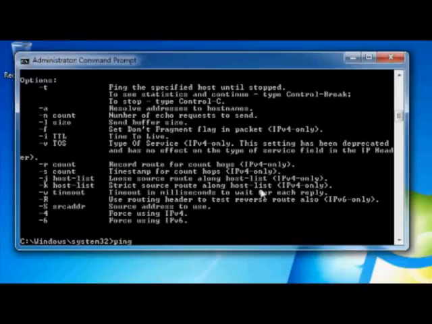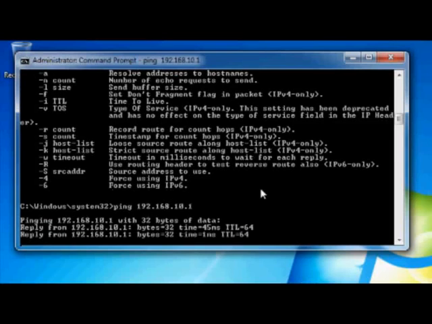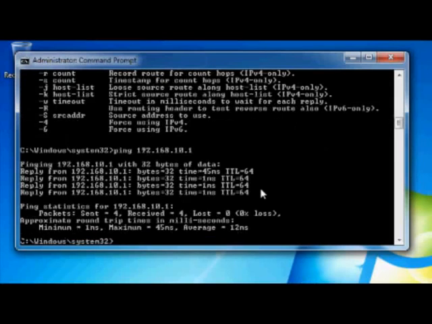Okay, because remember, when I did ping 192.168.10.1, how many replies did I get? I got 4 of them, and then it's done. If I were to put in the same command, ping, but this time put -t and put in the IP address,